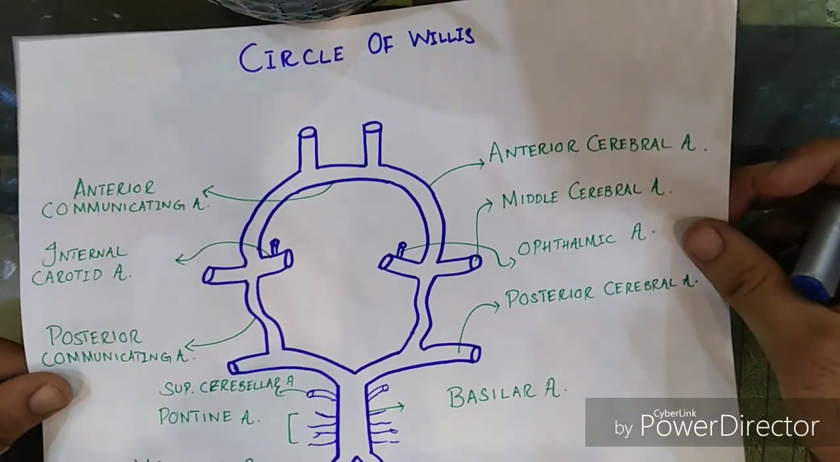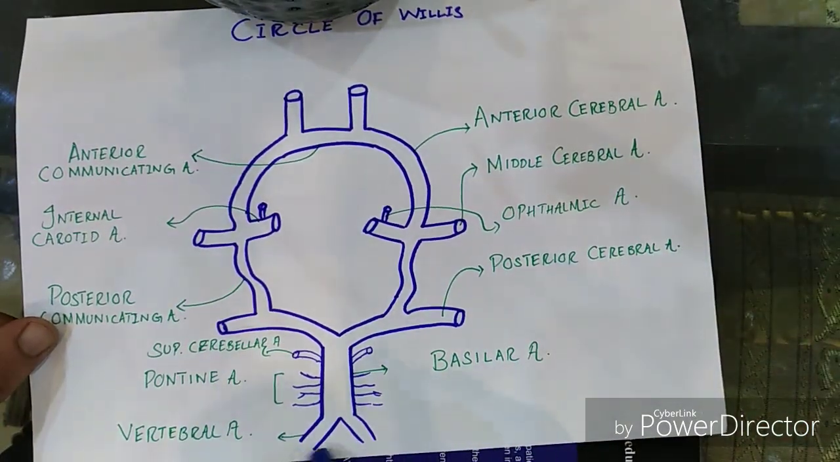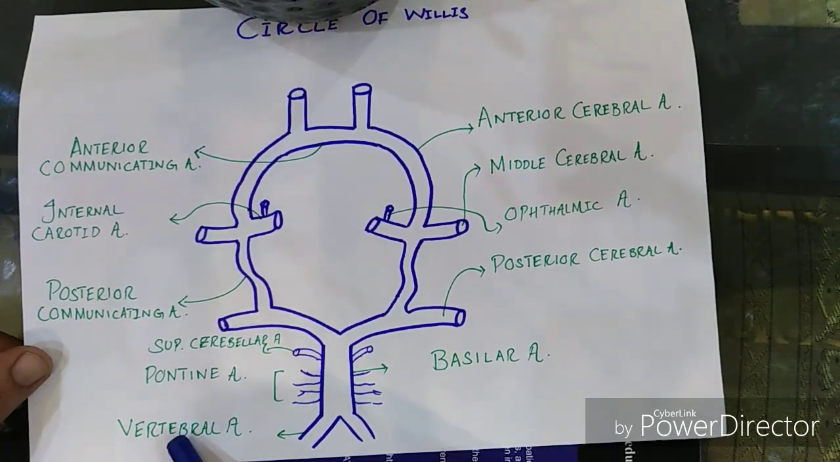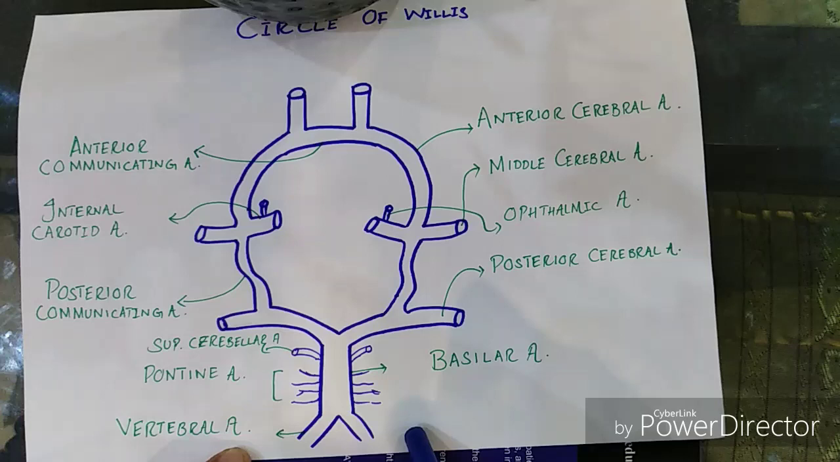Now talking about the lower part of this circle of Willis, I start from the bottom. This is the vertebral artery. The vertebral artery is the branch of the subclavian artery which supplies the spinal cord, the brainstem, cerebellum, and part of the bones. The vertebral arteries of the left side and the right side combine to make one major artery,